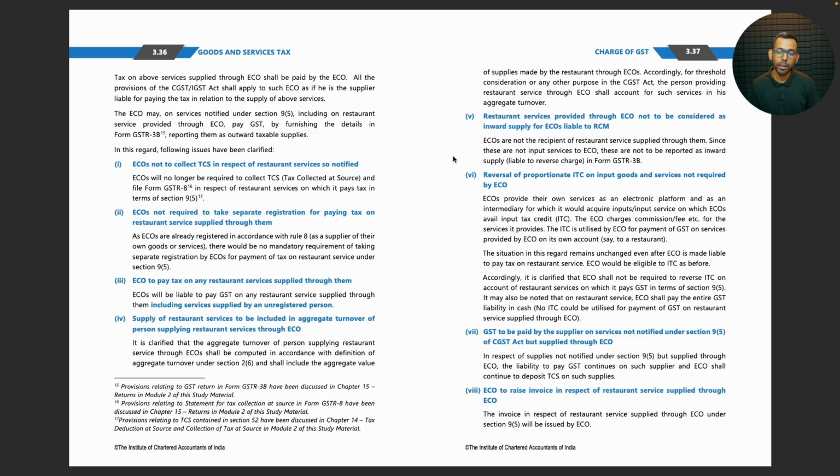Accordingly, it is clarified that ECO shall not be required to reverse ITC on account of restaurant services on which it pays GST in terms of section 9 subsection 5. It may also be noted that on restaurant service, ECO shall pay the entire GST liability in cash. No ITC could be utilized for payment of GST on restaurant service supplied through ECO. Okay,